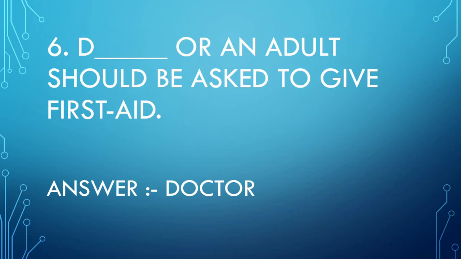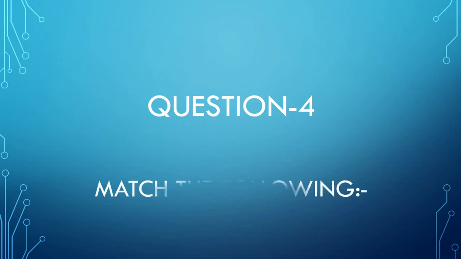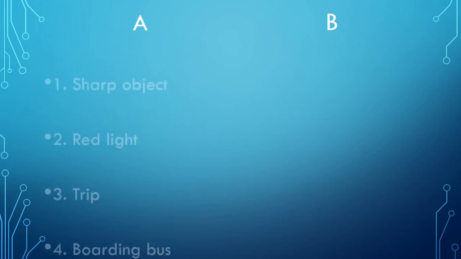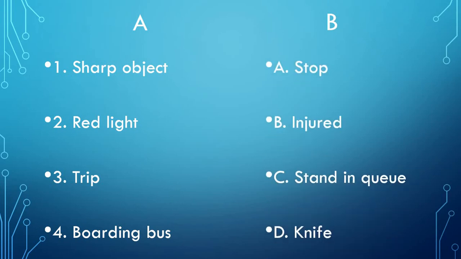Okay, so students, moving on to question number 4. Please give the heading question 4. Match the following. Here the match the following is easy. So here the questions are, and you know how to solve this. You just have to write part A and later you have to write part B when I display the correct answers. So here is the column A and column B.